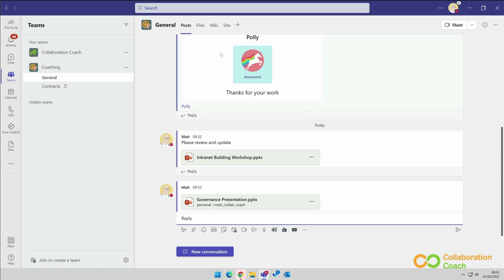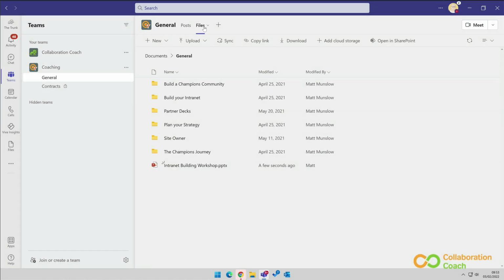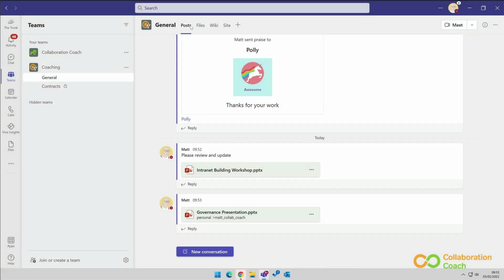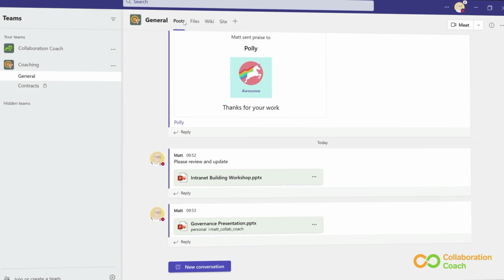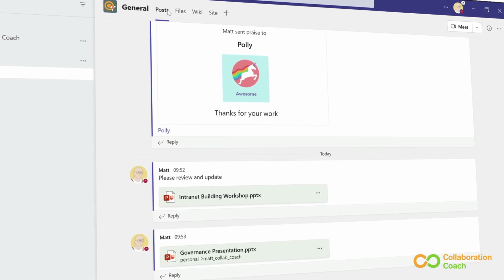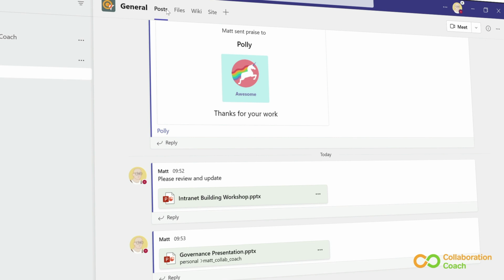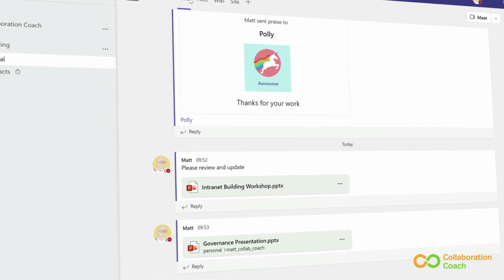But if I go to the Files app, it's not there. And that's because it's not in Teams, it's still in my OneDrive. People in this team can use the link to make changes to the file, and the changes they make are made to the file in my OneDrive. So this lesson showed you how to share files in Teams, but also I hope it's starting to help you understand the difference between sharing links and making copies.